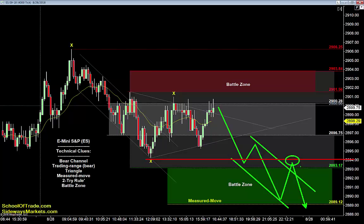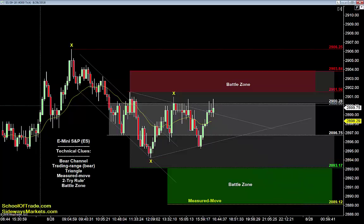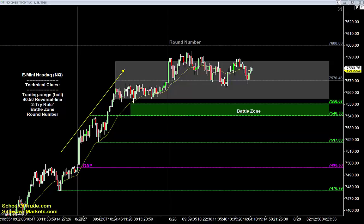I want to sell at resistance. I don't want to sell as the market goes lower. So just be aware of your surroundings if we do get that breakout or attempted breakout tomorrow morning. Let's keep going. How about some